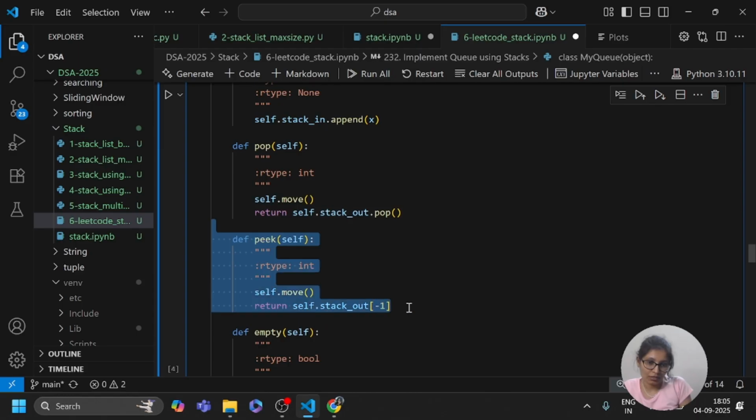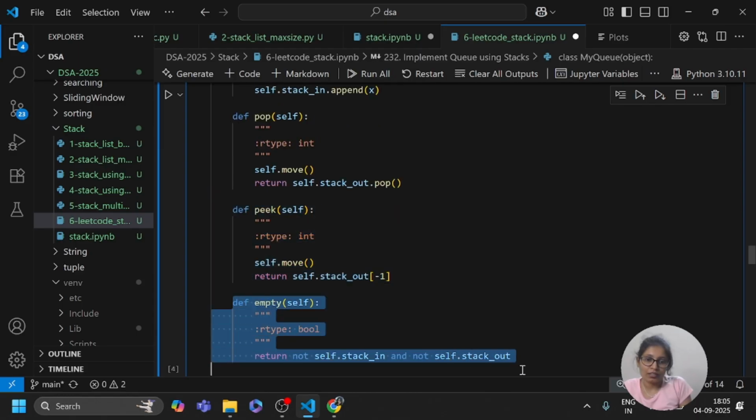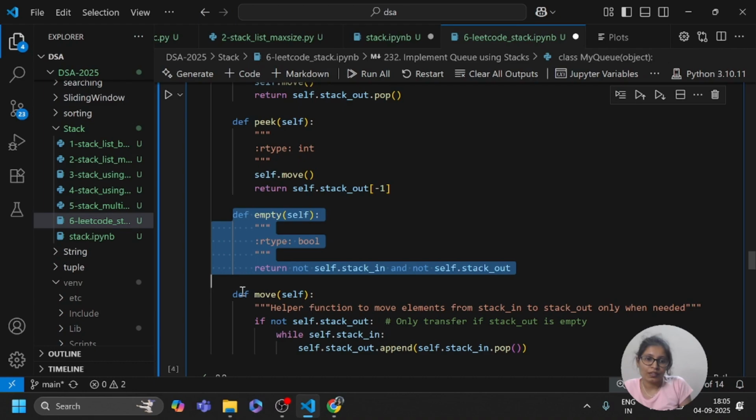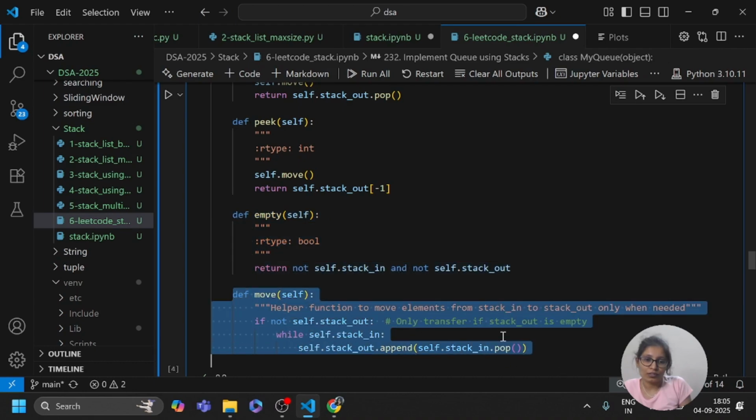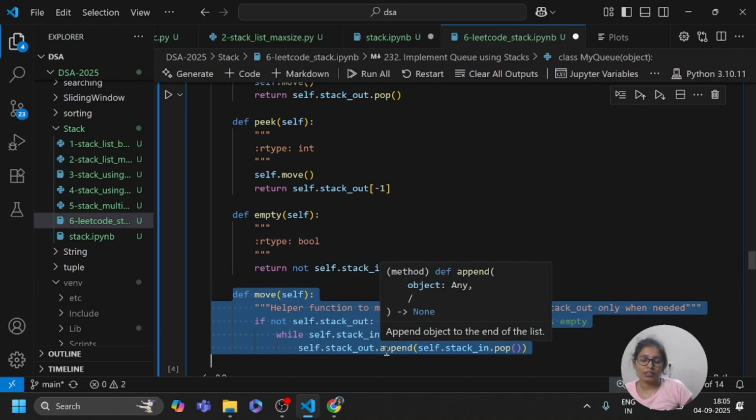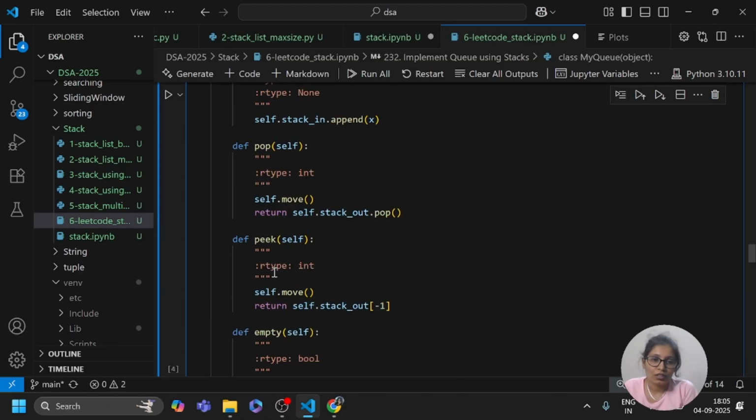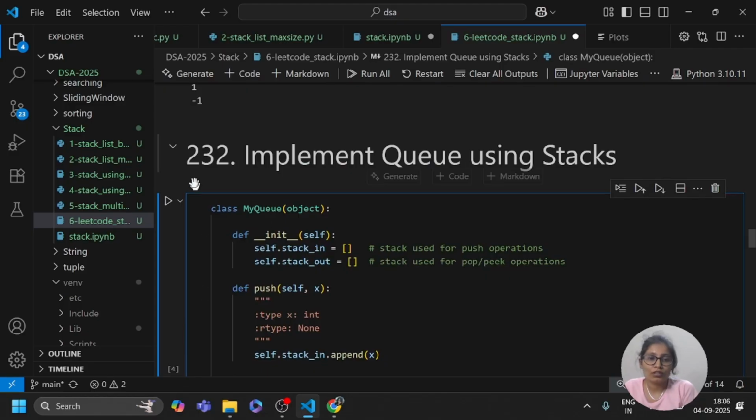Empty will check whether the stack is empty or not, and the move function is used to transfer stack_in into stack_out. So this is the problem from LeetCode, problem number 232, implement queue using stack.